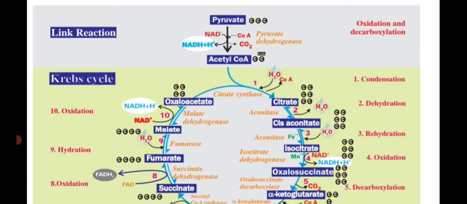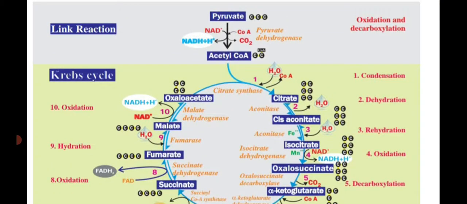This is the first carbon dioxide which is released in this process. Also, one of the coenzymes, NAD, gets reduced into NADH2, but this is not included in this process. So the 2-carbon compound acetyl coenzyme A, by utilizing one molecule of water, gets converted into citric acid, which